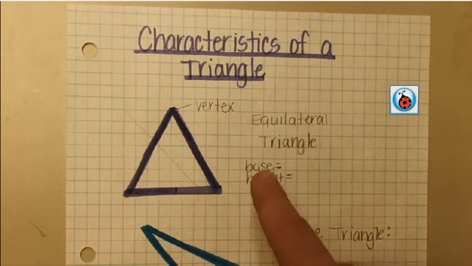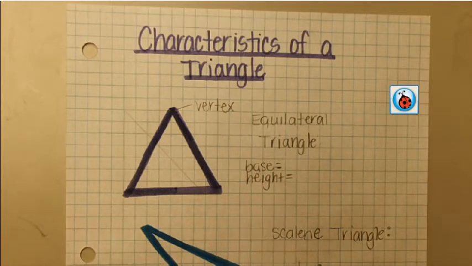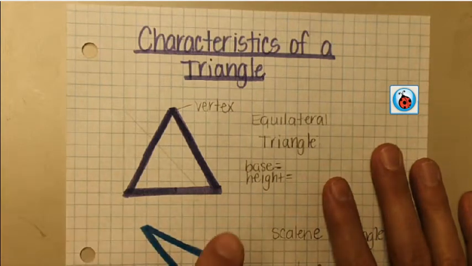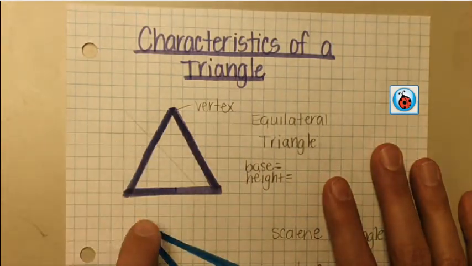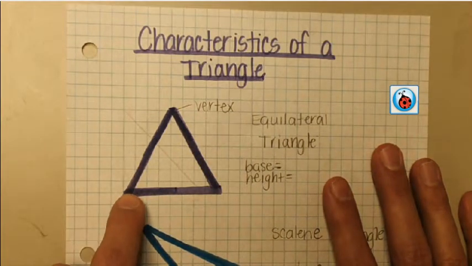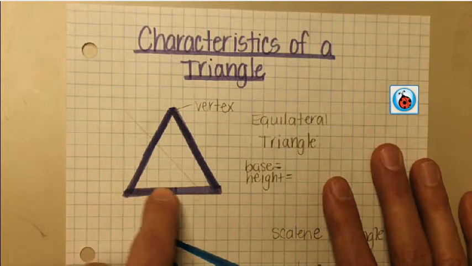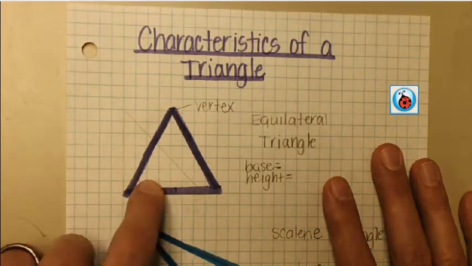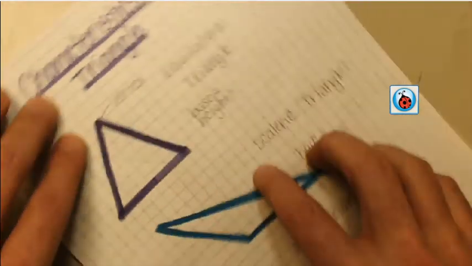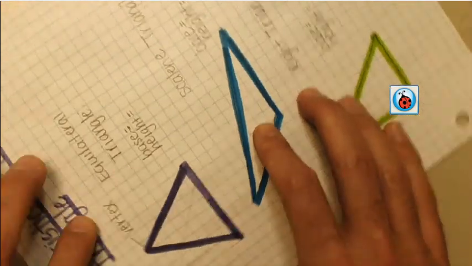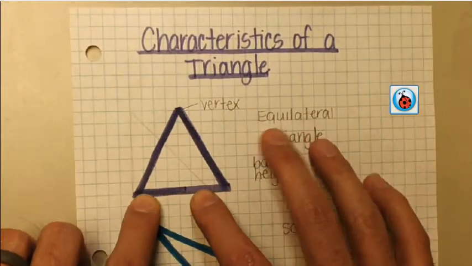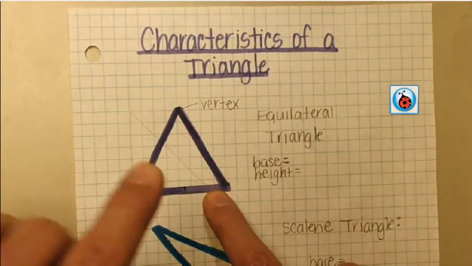And so I'm going to teach you how to find the base and how to find the height for an equilateral triangle. Okay, so I want you to imagine that the base is kind of what the triangle sits on. In this case, the way this triangle is sitting right here, that would be the base. But you could turn a triangle like this, and that could be the base, and you could turn it like this, and that could be the base too. But we're going to look at the base like this. So if this is the base,